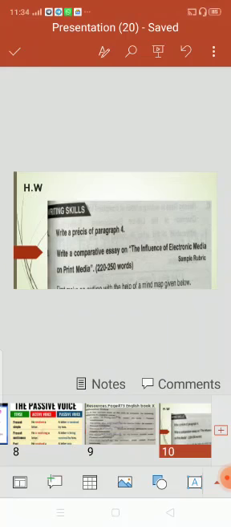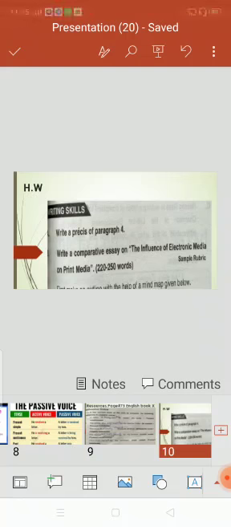The question number 1 was: write a précis of paragraph number 4. So I am going to explain it again for your easiness. Précis means you have to write down the summarized form of paragraph number 4. First of all, you have to read paragraph number 4, pick a few main points from the paragraph and summarize it. If it is comprised of 10 lines, you have to write down the main theme of the paragraph in 3 or 4 lines at least.